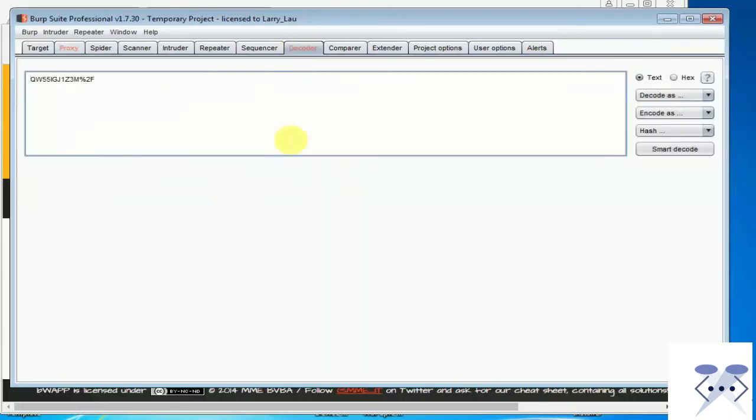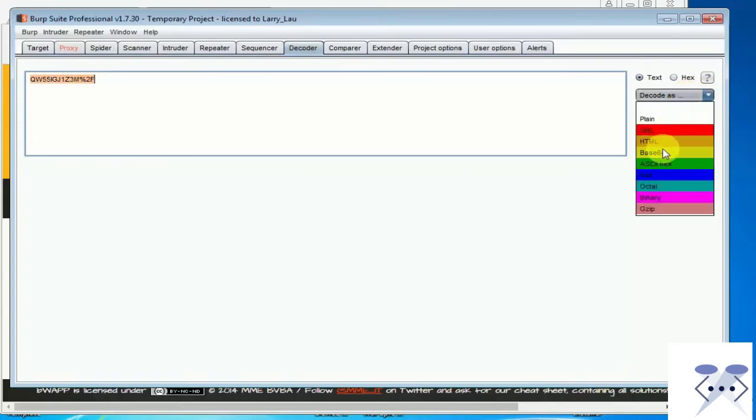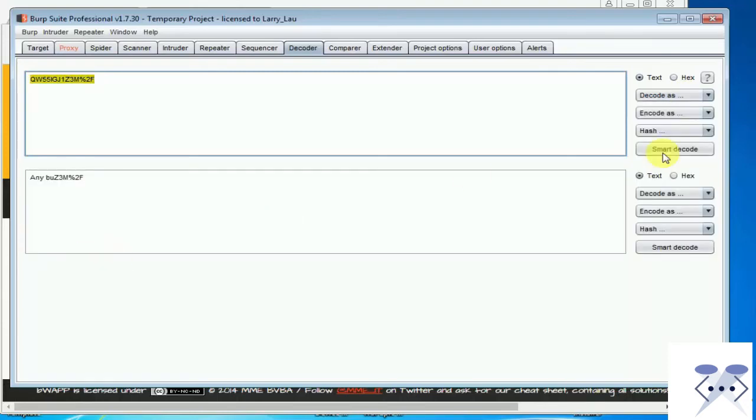As you see in the decoder, the value of the cookie parameter is sent to the decoder. By clicking on the Smart Decode button, it selects the encoding base64 and decodes it in the field below where the encoded text was originally entered. You can see that the text is decoded as